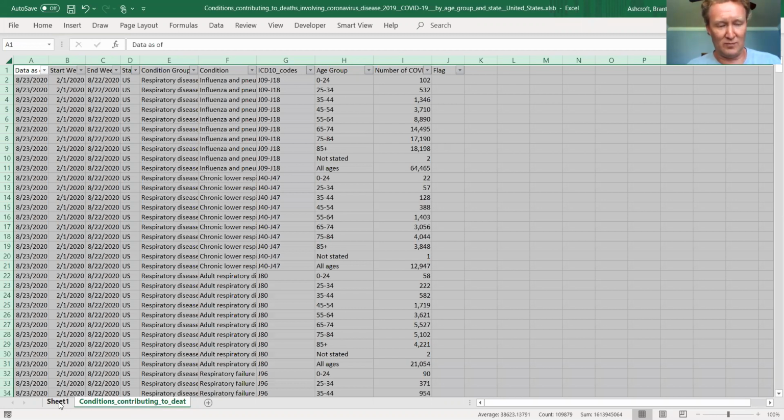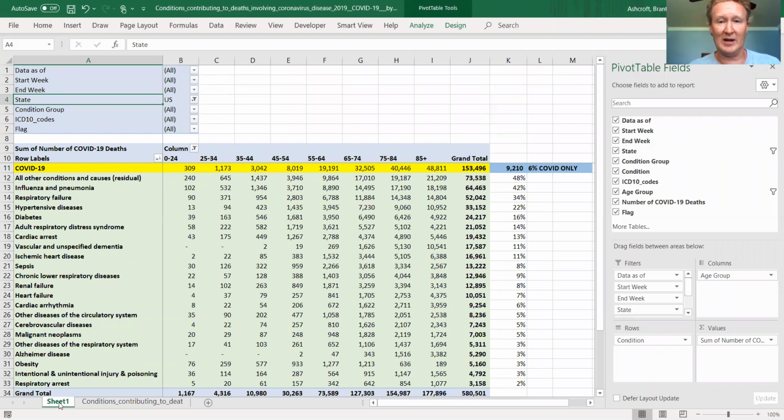So for work, I actually spend a lot of time putting pivot tables together. This screen here shows a summary of this data, and I'll walk through this real quick with you, because I think it's important, again, to show where this data is coming from. We can actually do our own analysis on it. We don't have to just go by what's on Facebook or whatever other means for getting this information. We can actually go look ourselves.